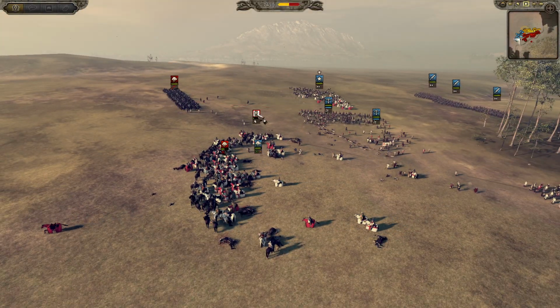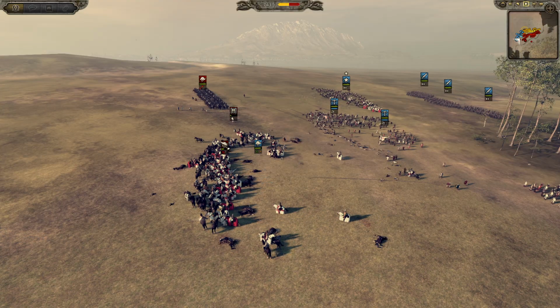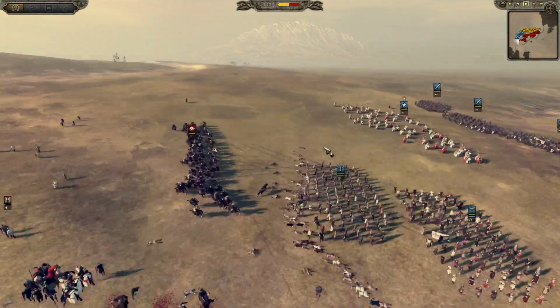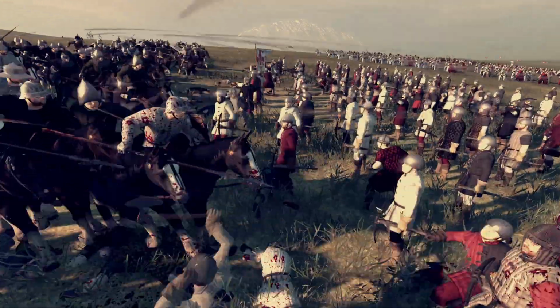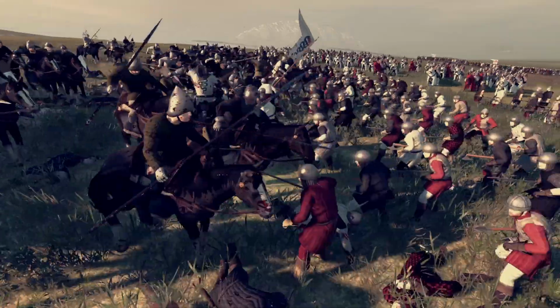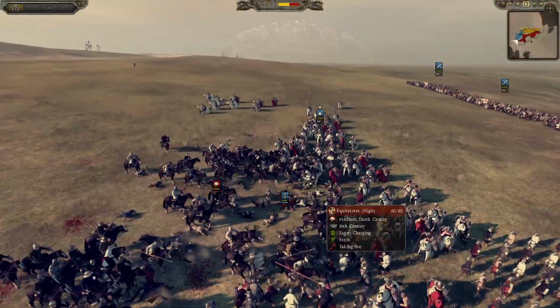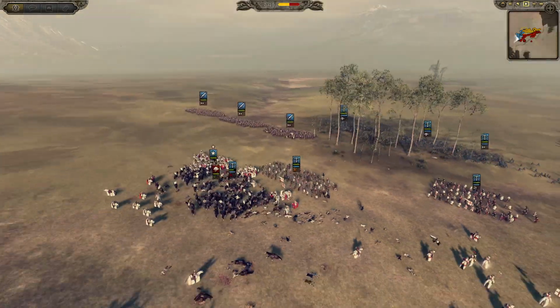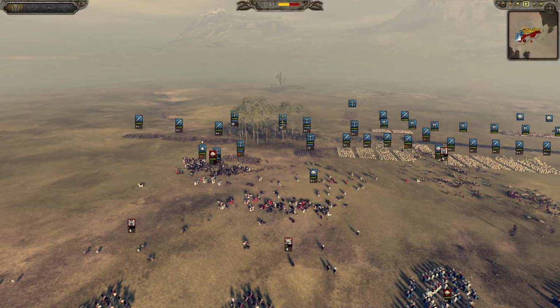But first blood is going to the HRE. Here's some Lanciari, Camulli being destroyed, and some Equatores also being routed there. But a good cav charge here is going to take out these crossbows, that's for sure. And then in comes a general here. We've got a general's bodyguard going in, and he's going to try and deal with that Equatores, who are trying to take out the crossbows there.